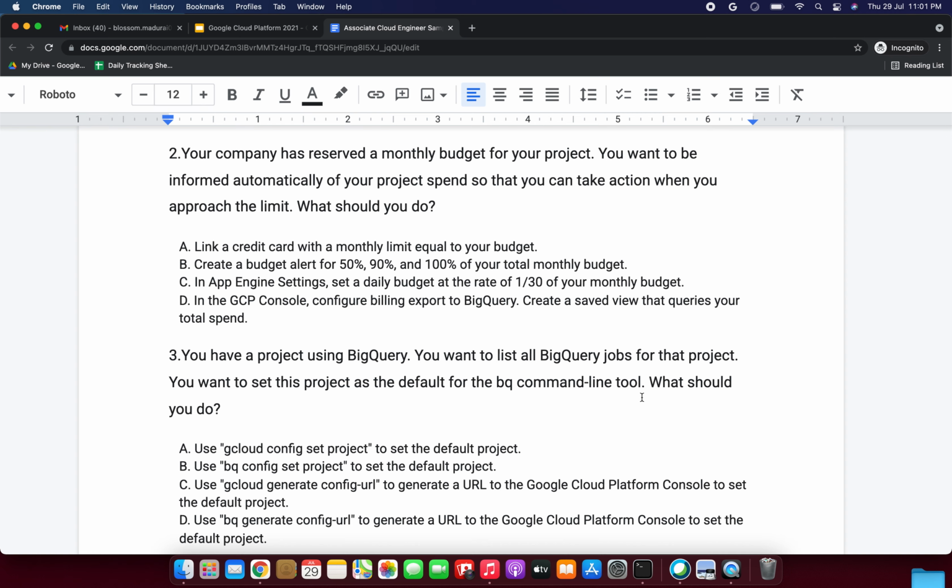Furthermore, there is no alert when you hit that limit by GCP. Option D could not be the answer because those budgets are only on App Engine, not other GCP resources. Furthermore, this makes subsequent requests fail rather than alert you in time so you can mitigate appropriately. So maybe the answer will be B only. So create a budget alert for 50%, 90% and 100% of your total monthly budget.